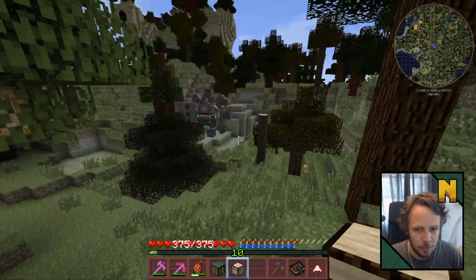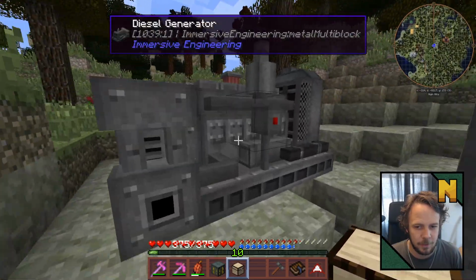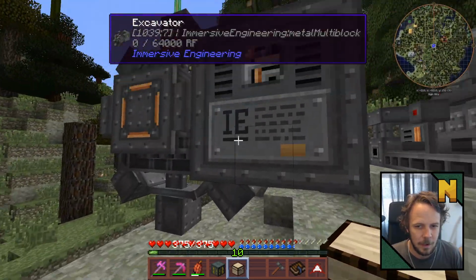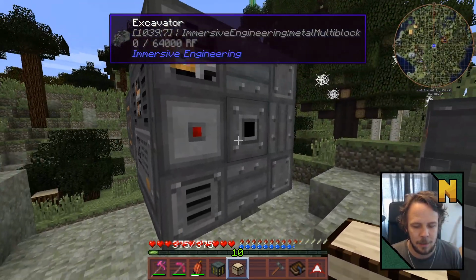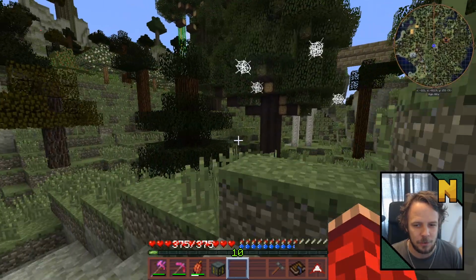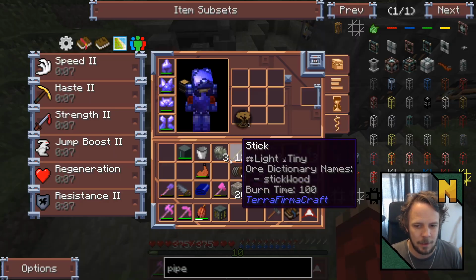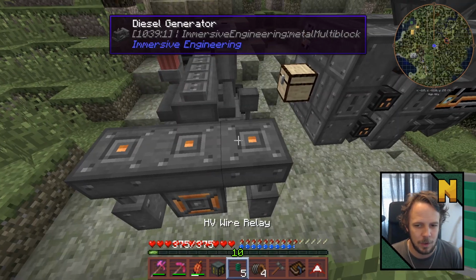Okay, so I've gathered a few more items here that we need to get things rolling, and I think this should be everything we need. Items output on the back there, right? So we just chuck a chest there, and it should be able to talk straight to that. We are going to want to use our high voltage wire, and I hope...